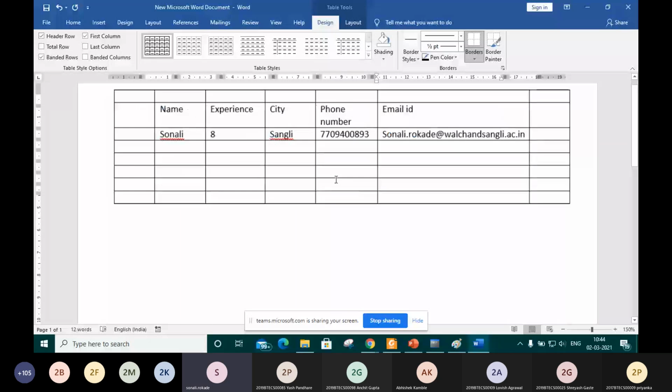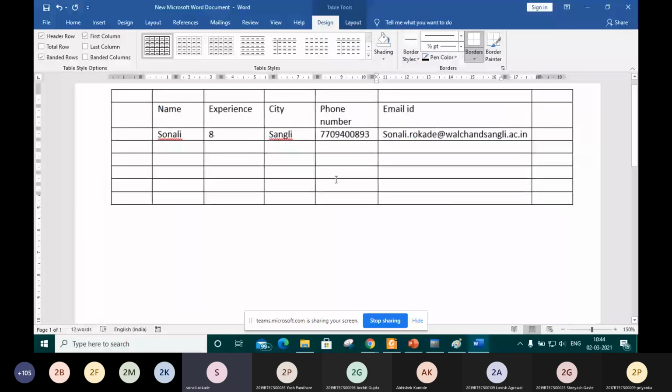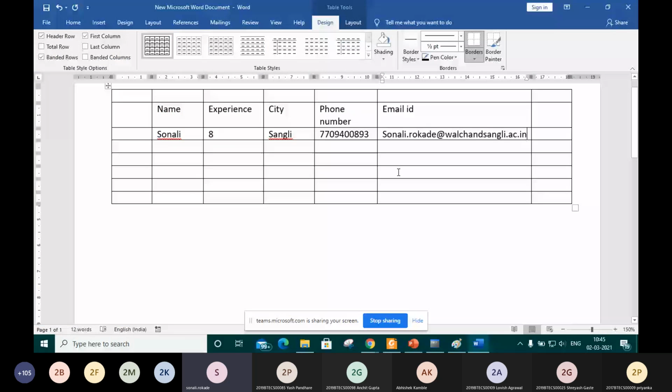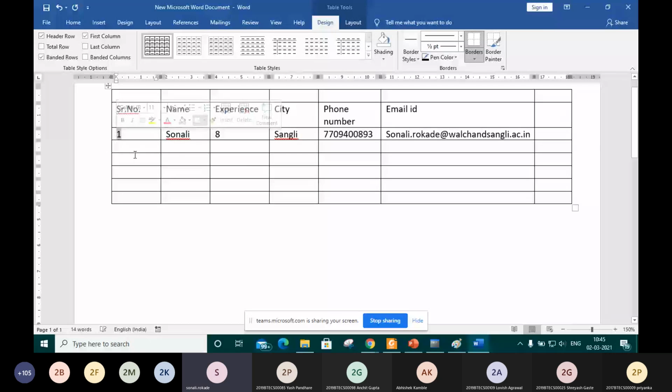So it is going to be a little bit sorted as compared to this one. This is not going to tell you in an elaborated way when you are having a huge amount of data. It is a little bit sorted data, but right now we are not having any kind of number. So for that purpose, I am going to assign a particular number. This particular number is called a unique ID of name Sonali.